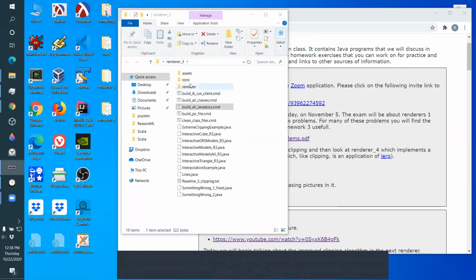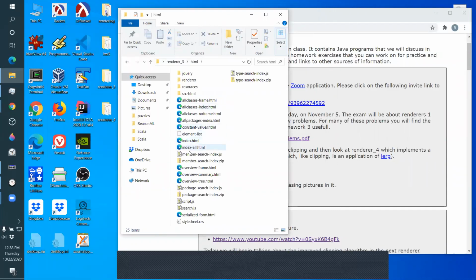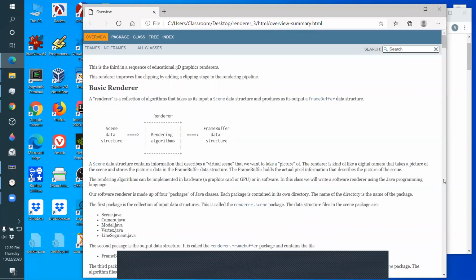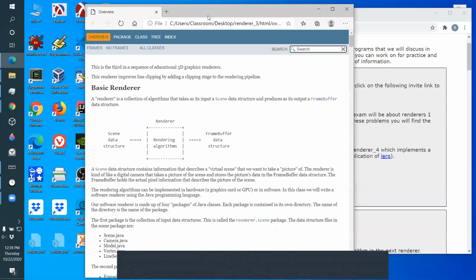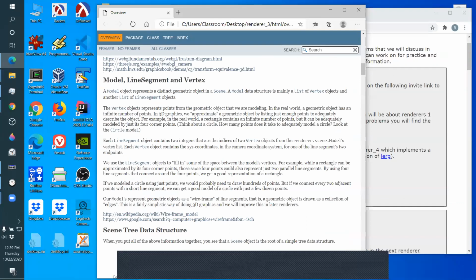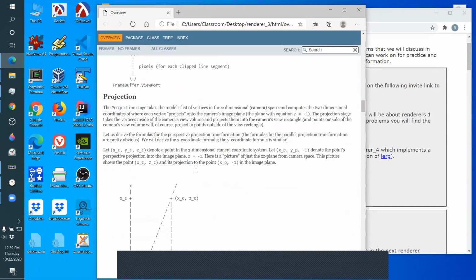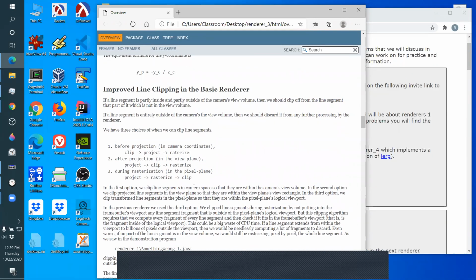Okay. So index, narrow it a little bit. Okay, now go down to the part on clipping. Okay, now remember,